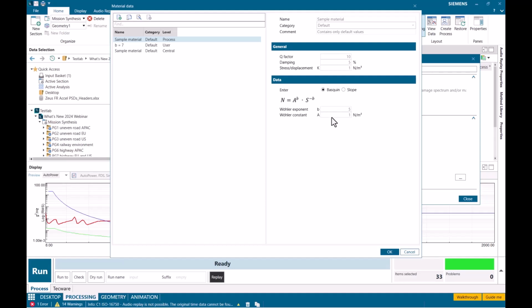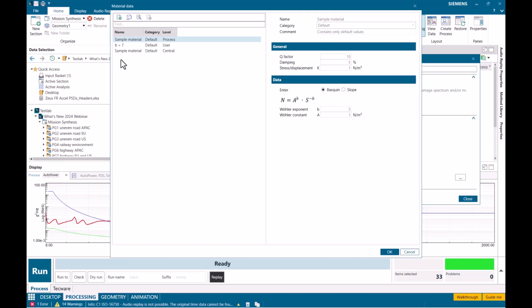And then I need to choose if I'd like a K value, an A value, and a B value. Now normally for K and for A, we can just leave this at the defaults at 1 for both of them. And then we need to choose the slope of our SN curve here, which is this Wöhler exponent B. And B is really the most important material parameter to set during this type of analysis. You may find in various literatures different B values to use based on maybe the material that your component is made out of, so whether that's aluminum, copper, or steel. For electronics, different values of B are preferred, and so on.